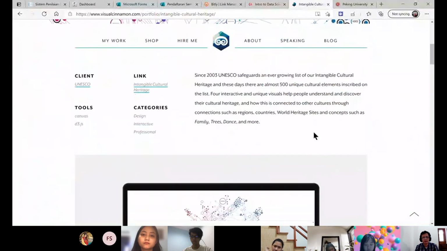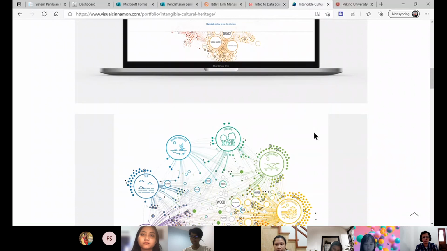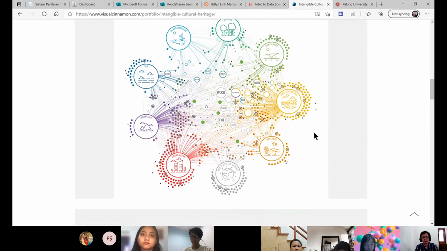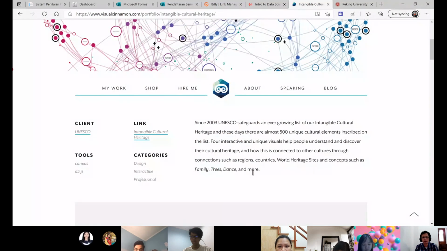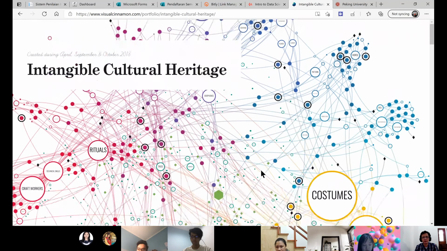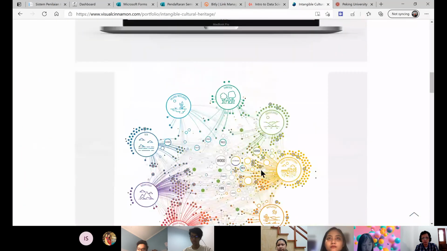We created this visualization for UNESCO on intangible cultural heritage, like family trees, dance, food, costumes, things like that.